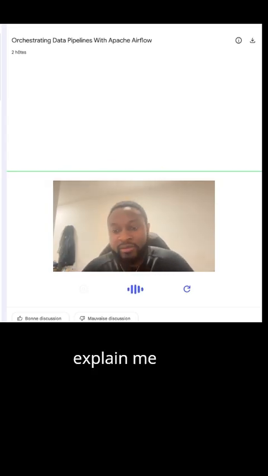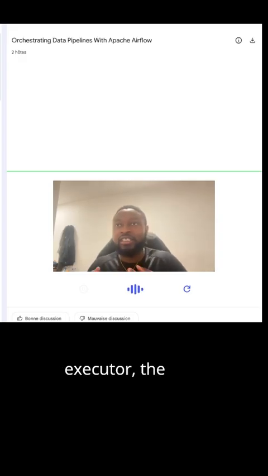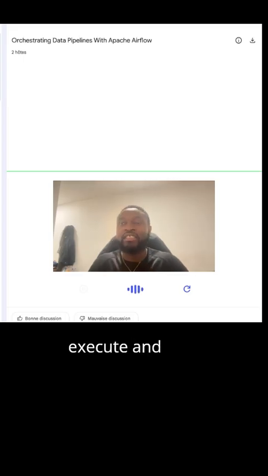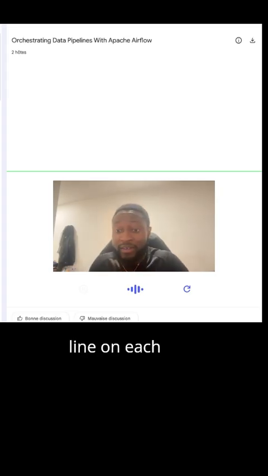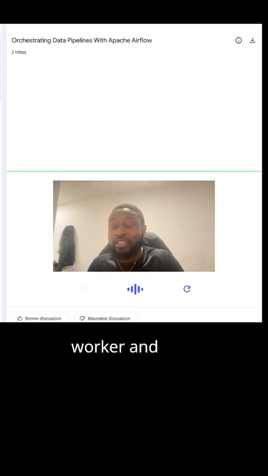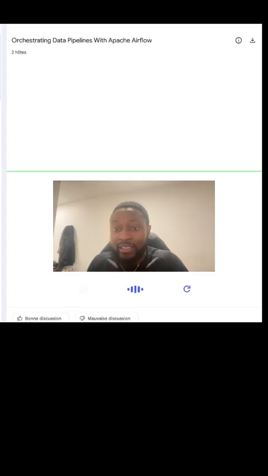Before going there, I wanted you guys to explain to me the main difference between the scheduler, the executor, and the worker. I want to understand the service that manages it. I know that there is a local executor, the Celery executor, and the Kubernetes executor, but what is the underlying service on each: scheduler, worker, and executor? Is it the same underlying service running those three components?